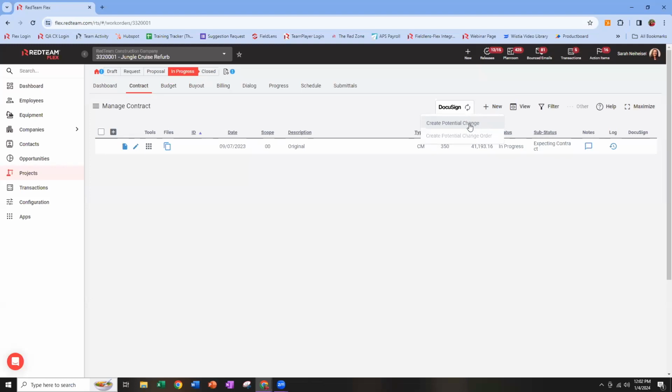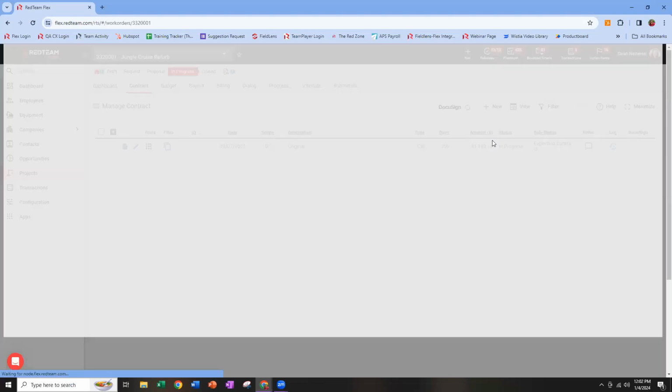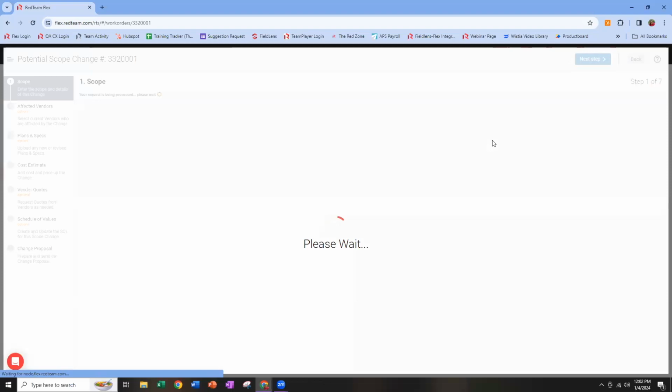Now, as we open a potential change, you're going to see that there's several different types of potential changes and several different reasons why we might create them. And then we'll follow that. Once we've created a sample potential change, we'll wrap that into a change order so you can see how the summary document operates. So I'm going to click Create Potential Change, and you're going to see a pop-up window with